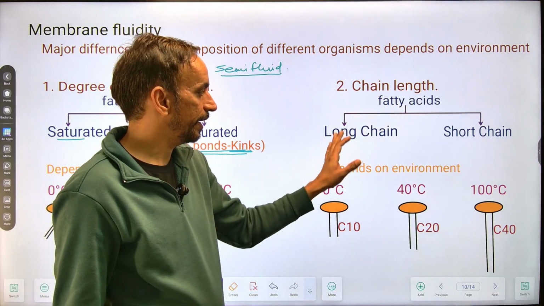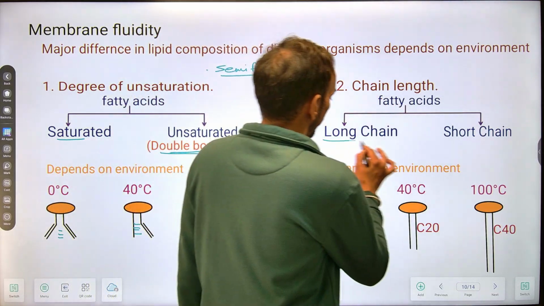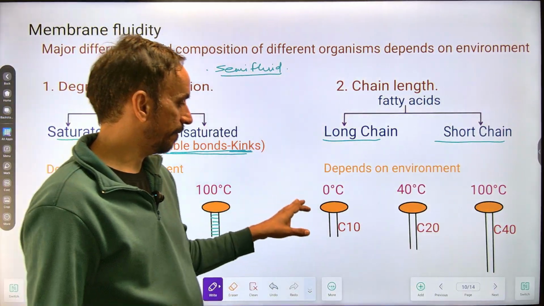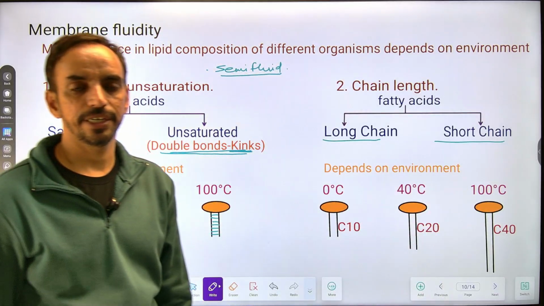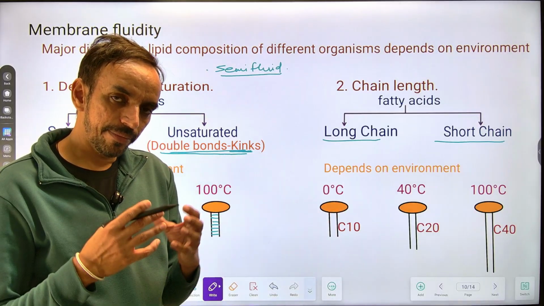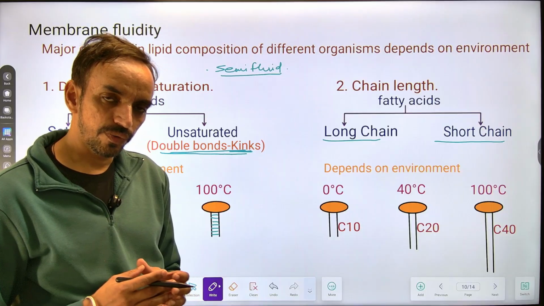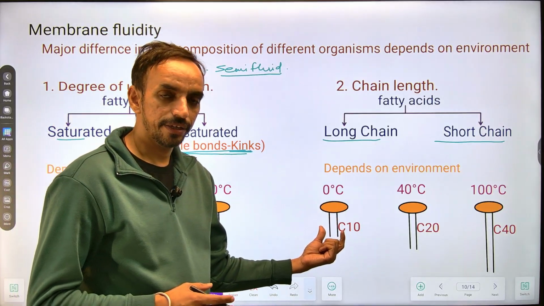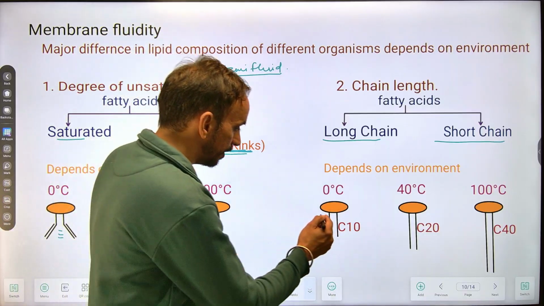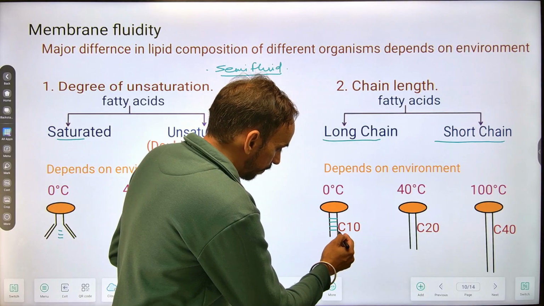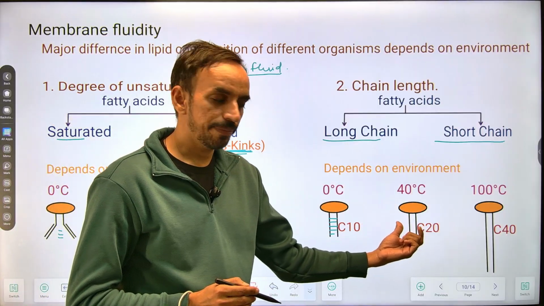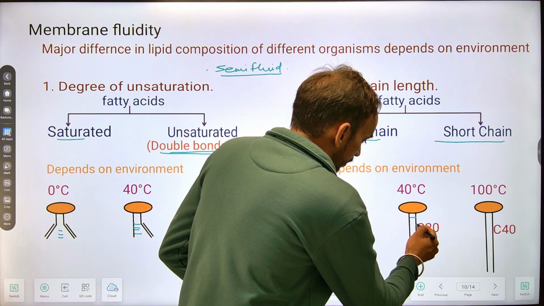चेन लेंथ, the fatty acids are of two types, long chain fatty acids and short chain fatty acids. Again, depending upon the environment, we are having 0 degree, 40 degree and 100 degree centigrade of temperature. At 0 degree centigrade temperature, again the membrane tends to freeze, the lipids tend to freeze. Then you require a smaller chain length. Smaller chain length रहेगी तो number of hydrophobic interactions कम रहेंगे। इंटरमीडिएट टेम्परेचर, इंटरमीडिएट चेन लेंथ आपको चाहिए लाइक 20